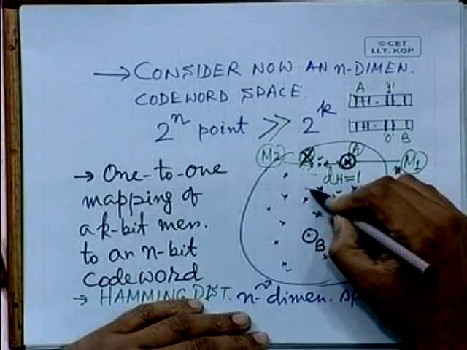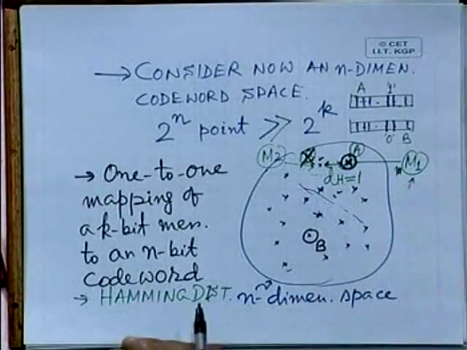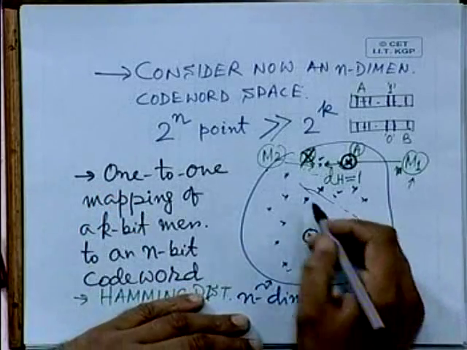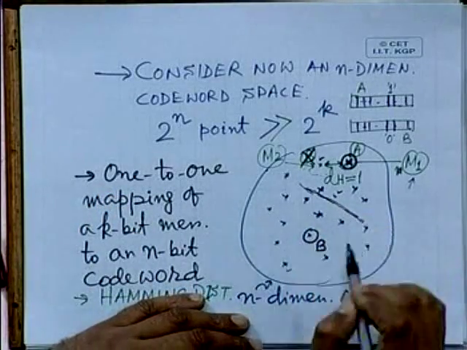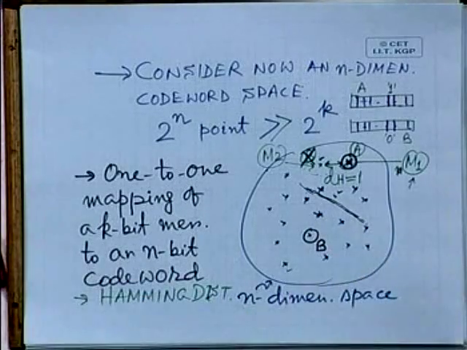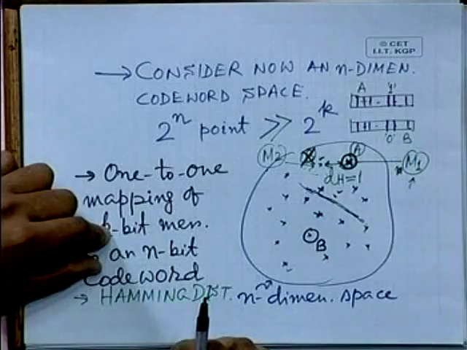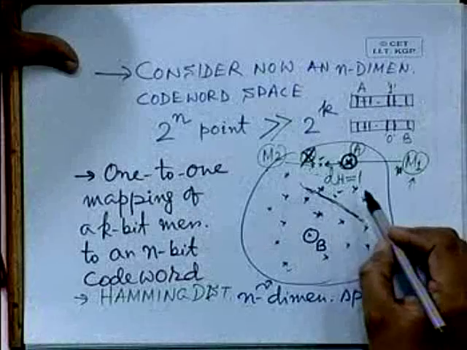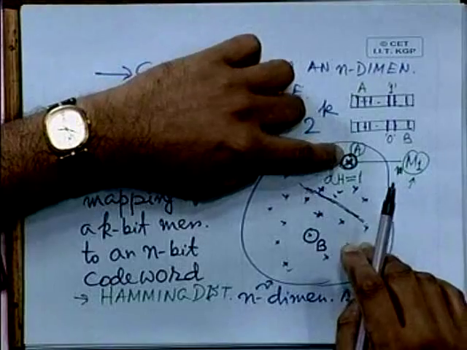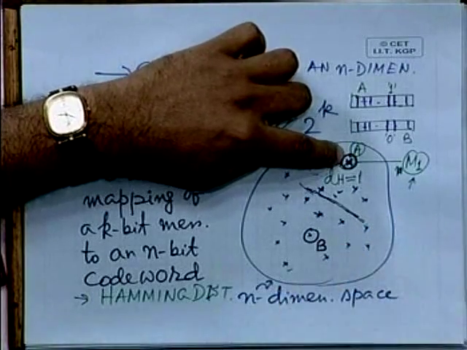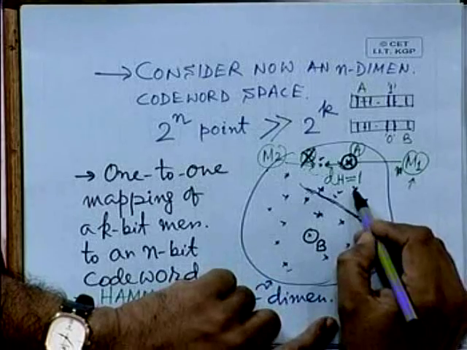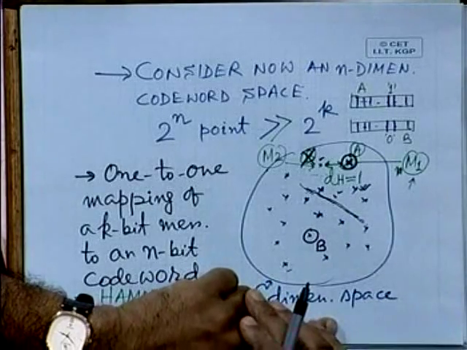What I do is that by common sense I draw a line of division, say. Okay, it need not be a straight line really, some boundary, and try to see that if for example there were only these two code words, if the number of code words was 2 only, not 2 to the power k, then I could say that, if A was the actual code word which was transmitted, and during transmission because of error, it was converted to this point, say, which is not a valid code word, at the receiver,